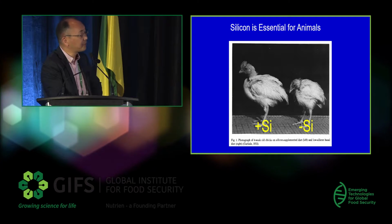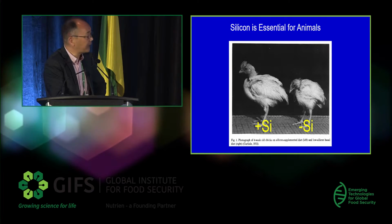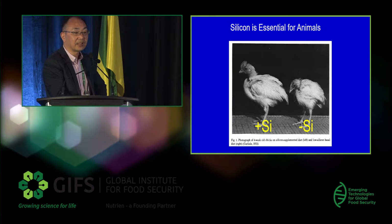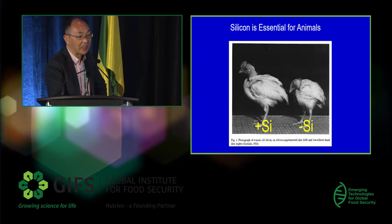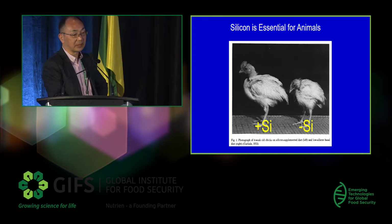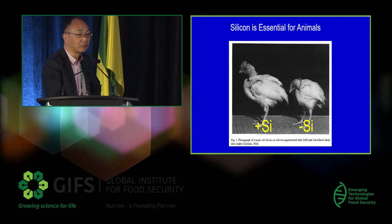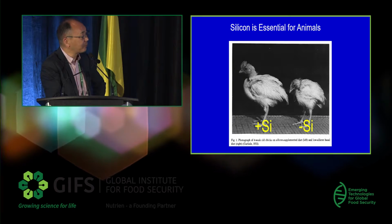When I show this picture to students, they always ask me, what happens to us if we don't take enough silicon? It's very difficult to test in humans because silicon is the most abundant element in the Earth's crust. You cannot completely remove silicon from food and drinks. So my imagination is...